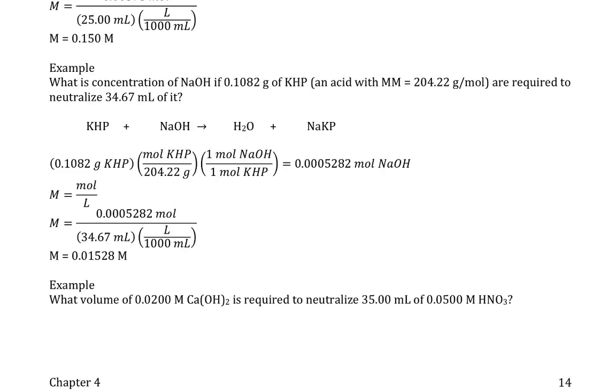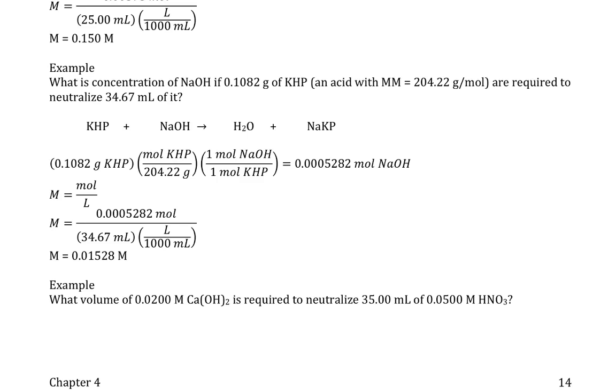Here's a problem that I will talk about a bit, and I'll want you to come back to and work on. What is the concentration of NaOH if 0.1082 grams of KHP, that's an acid, with a molar mass of 204.22 grams per mole, are required to neutralize 37.67 mLs of it. So what we have is NaOH in the burette, we have KHP in the flask,